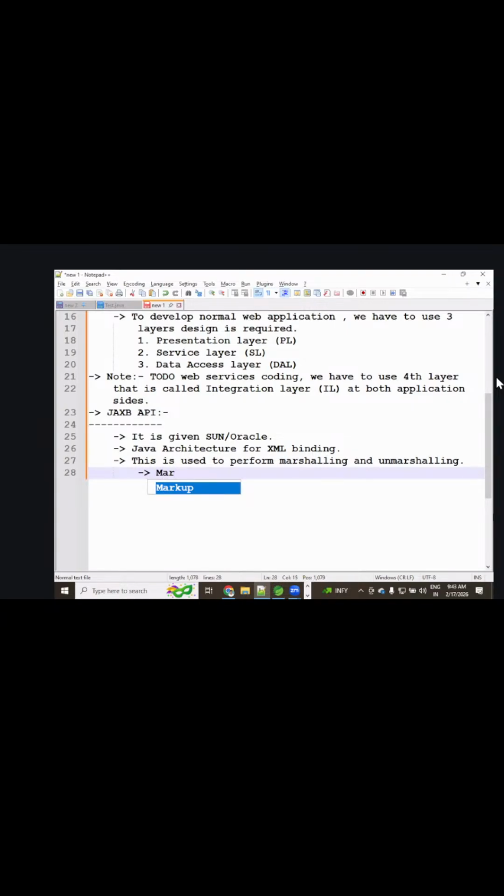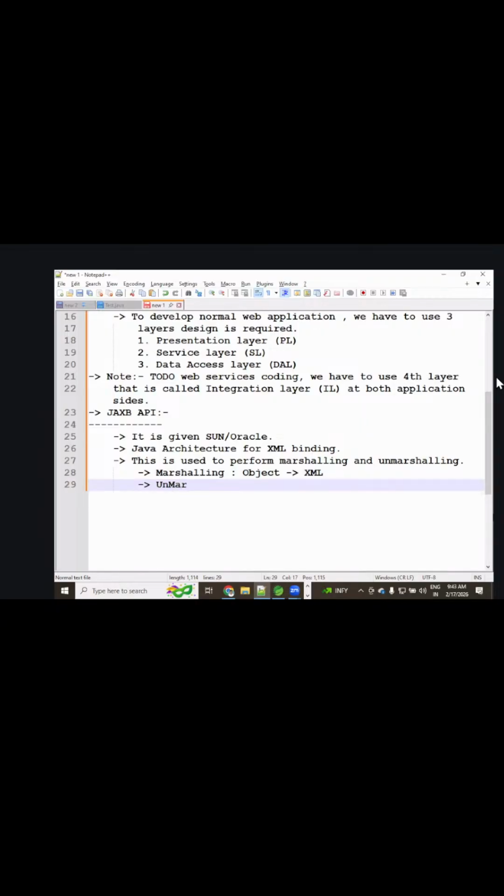For more understanding, what is marshalling here? The marshalling operation is object to XML format. This is from the JAXB point of view. Object to XML is called the marshalling operation.